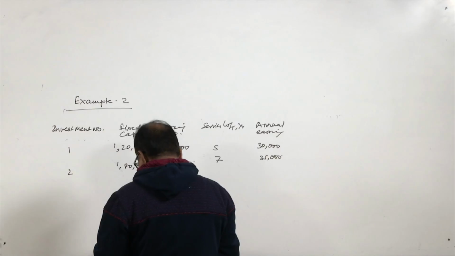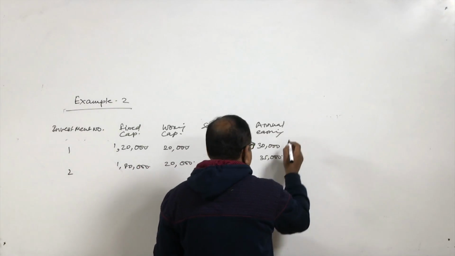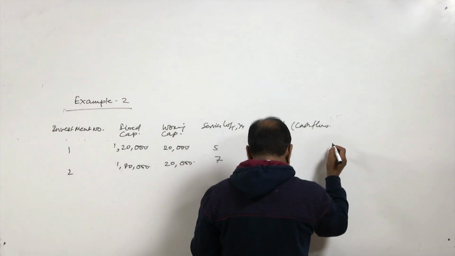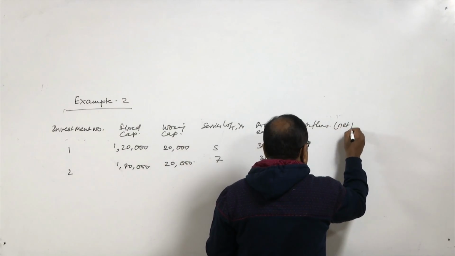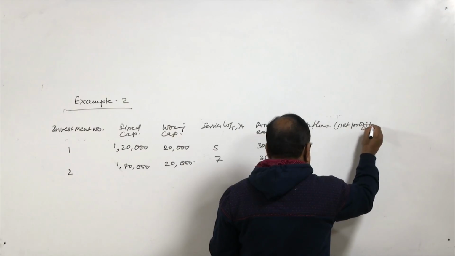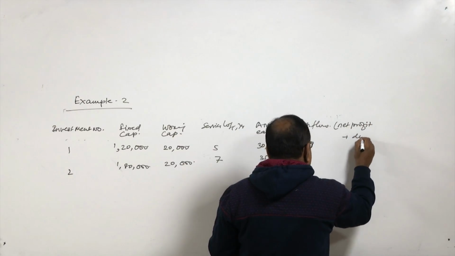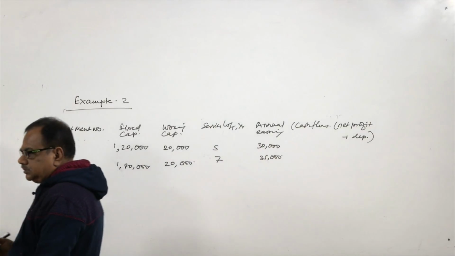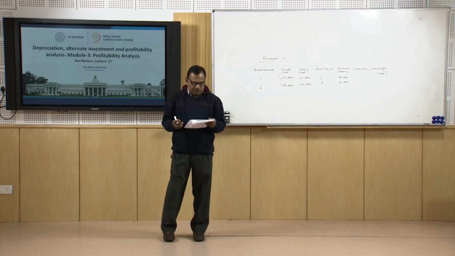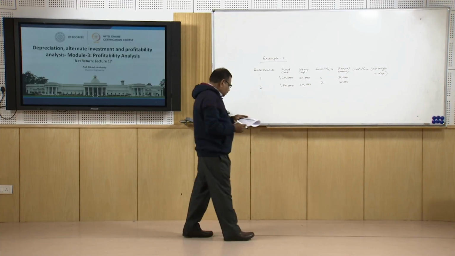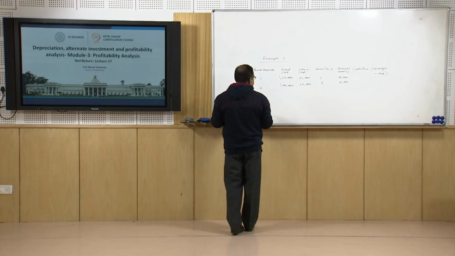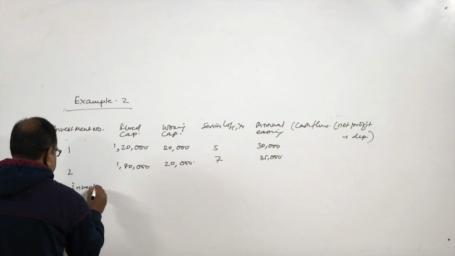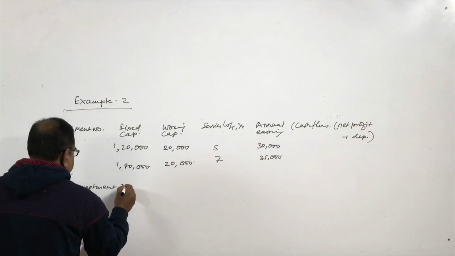Now, this annual earning is basically a cash flow, which is net profit plus depreciation. This cash flow is net profit plus depreciation. So, if we compute for investment number 1,